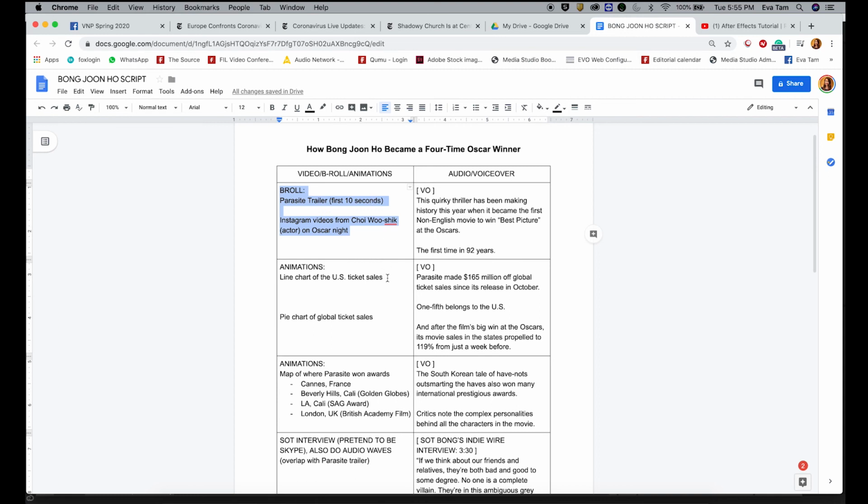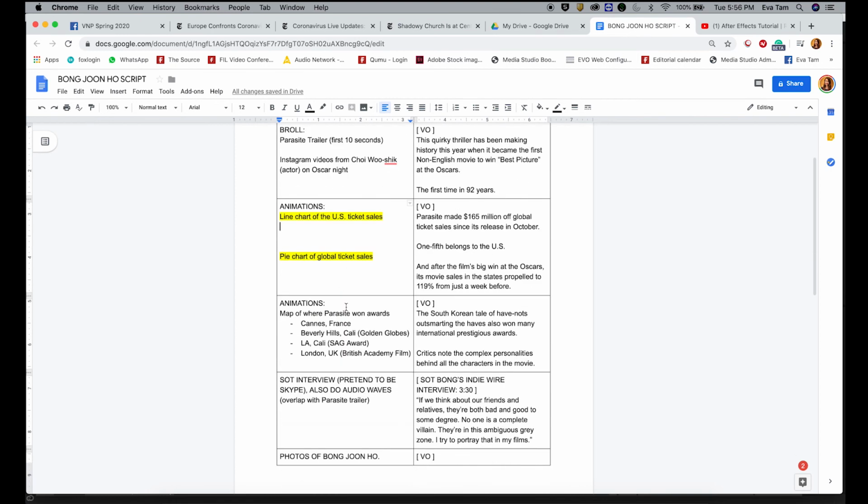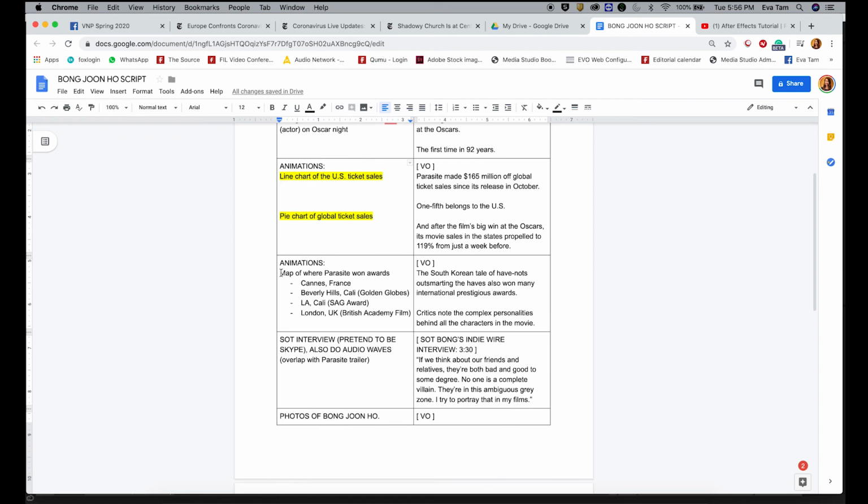So the animations I'm going to be teaching, first of all, this is the first one, a line chart, and then this is a pie chart. I really couldn't figure out how to put in a bar chart, but the bar chart will be similar to how you do a line chart. It's basically a lot of setting up previously through Excel, setting up your segments, your proportions, and then you hide it through a mask. So I will show you that in a bit. And then the next one is a map. I'm going to show you how I make a map.